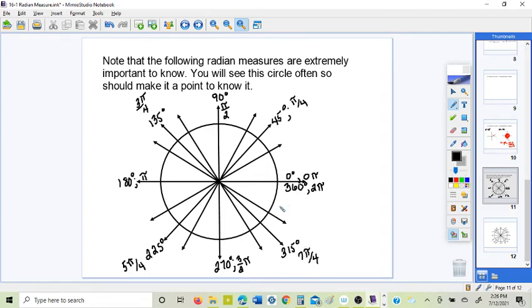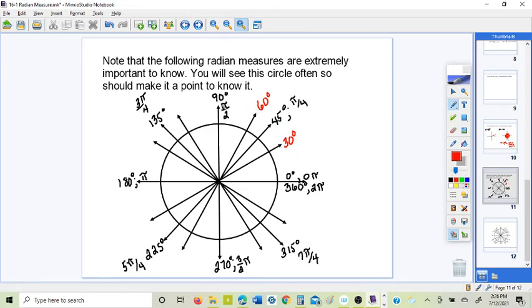Okay, so right now we have our numbers that are going up by fourths for the 45-degree angles, the ones that divided in half. Now the next ones, the third ones, are a little bit more interesting. So here we have 30 degrees, 0, 30, here we have 60 degrees,